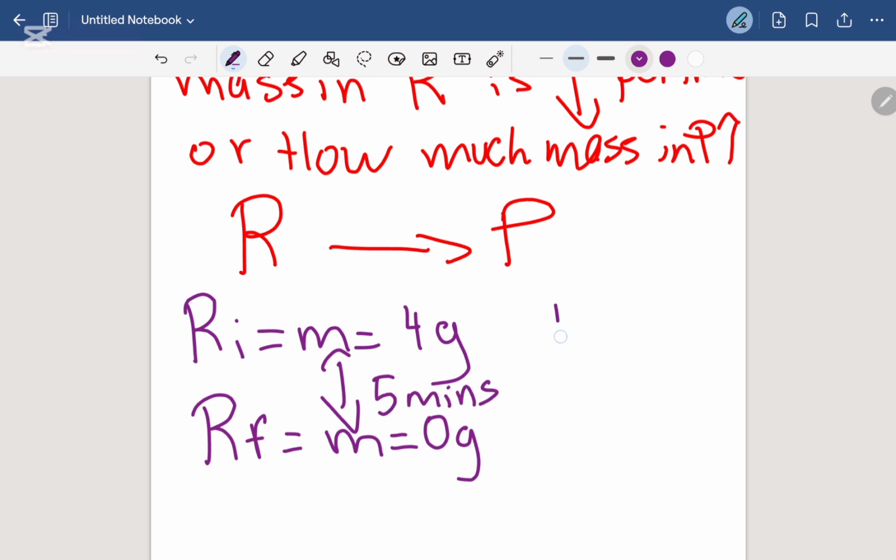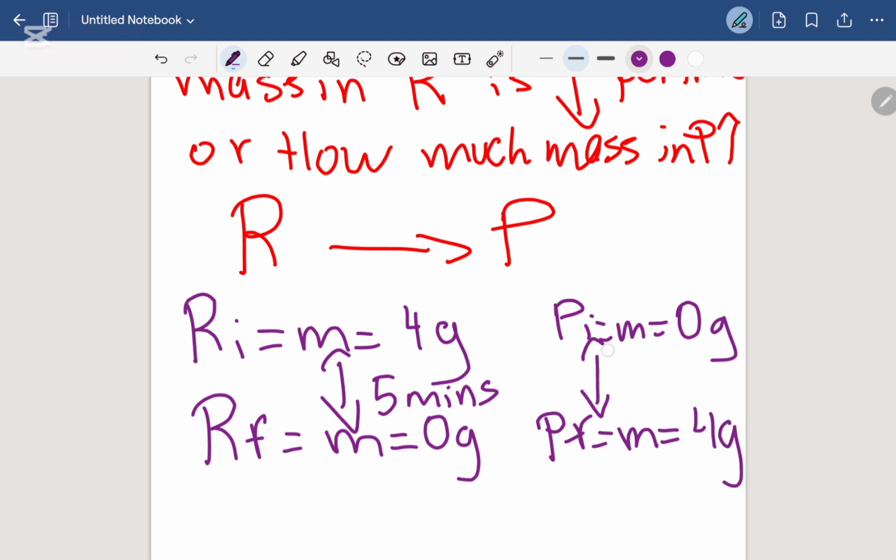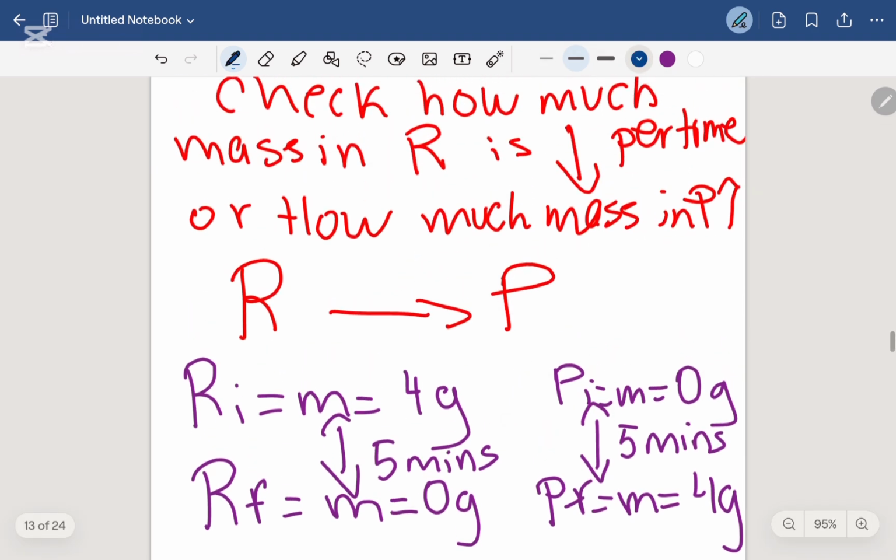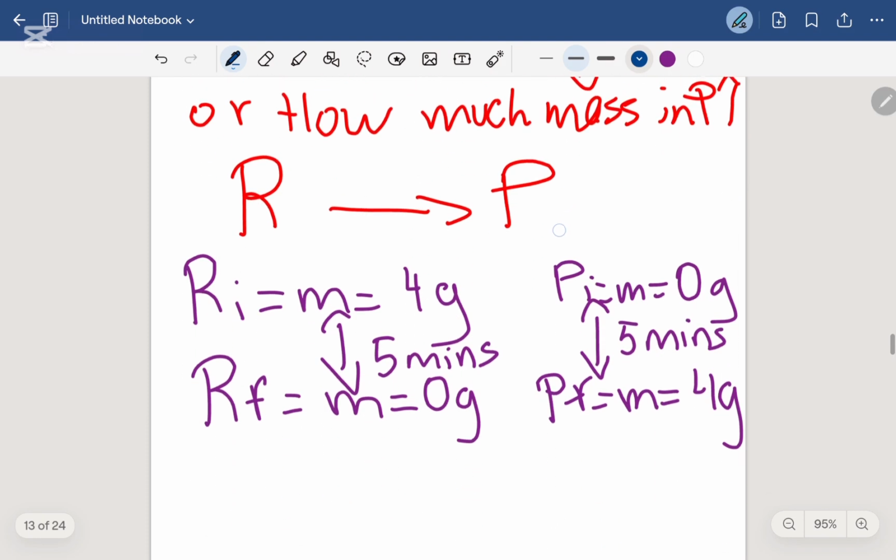Now, the product initial, the mass is 0 grams, whereas the product final, the mass will be 4 grams. And this is over the span of what? 5 minutes. So, if they ask you to find the change in mass with time, we do not do the